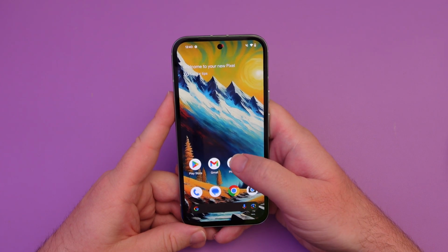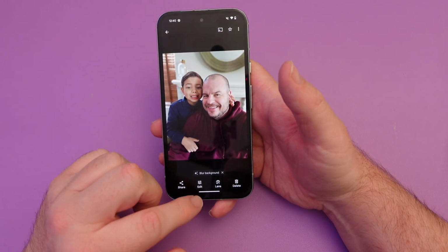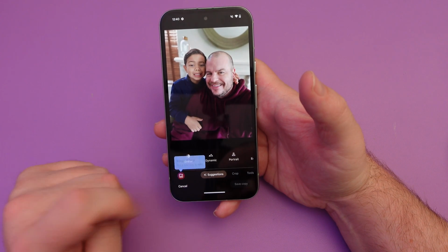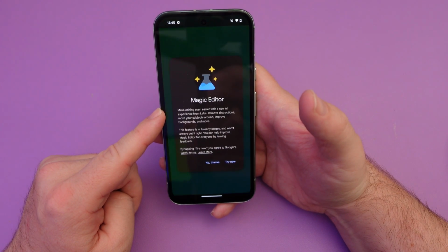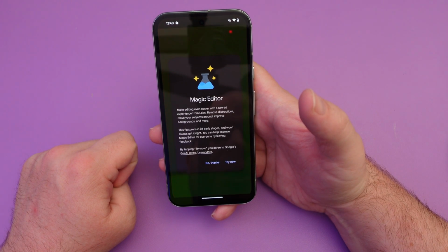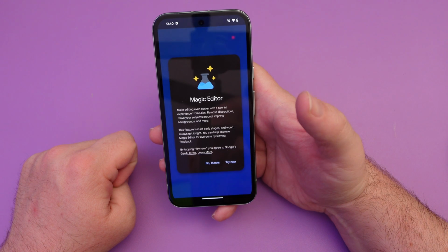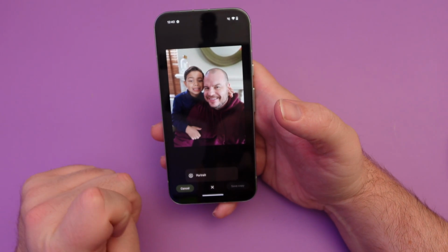Next, let's go into Google Photos. Now I just chose a photo, but there's tons of stuff you can do in here. If you hit edit, I can choose Magic Editor, and basically you can see right here, it makes editing even easier with a new AI experience from Labs. Remove distractions, move your subjects around, improve backgrounds and more. And I can hit try now. And when I press this little wand,